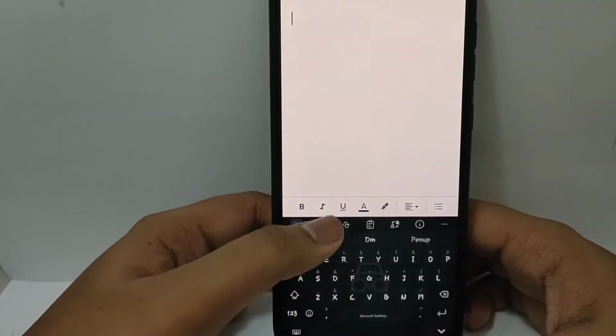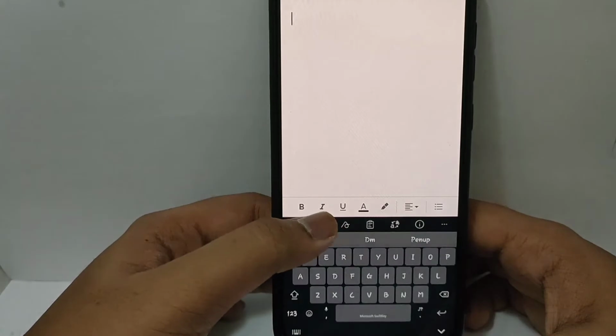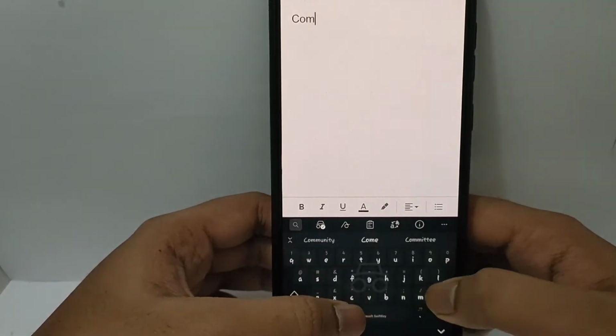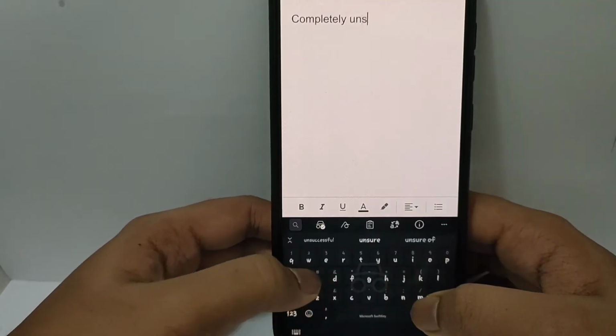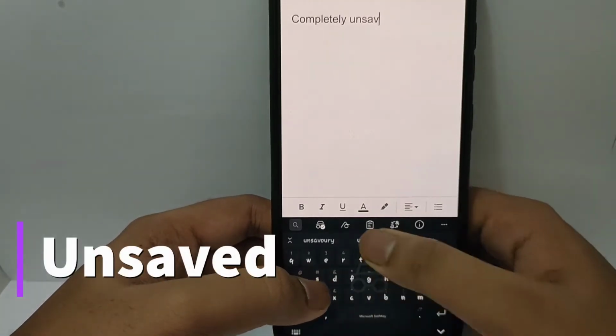The next feature I'm actually excited for is the incognito mode. Suppose I turn it on, it actually freezes the keyboard, and whatever you type in it won't be saved. So practically it's like a miniature version of Chrome's incognito mode where you are able to do an offline version of search. Over here you are able to do an offline version of typing in which none of your typing information is saved.